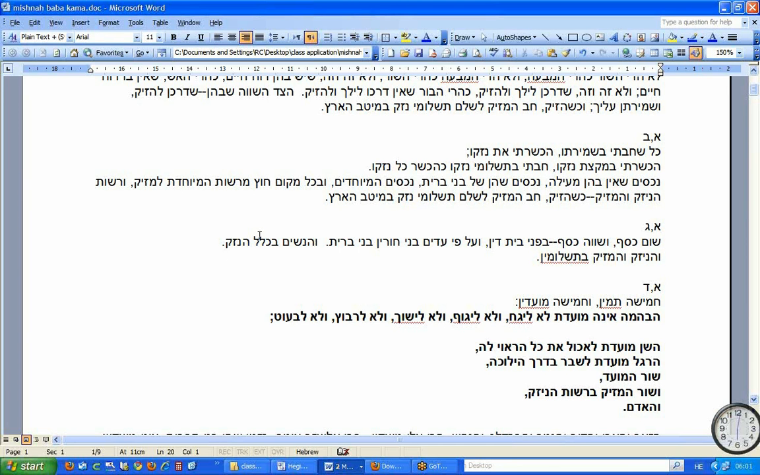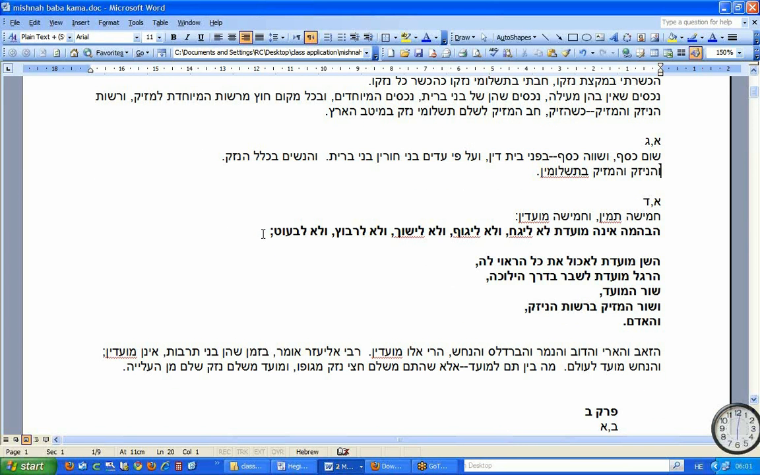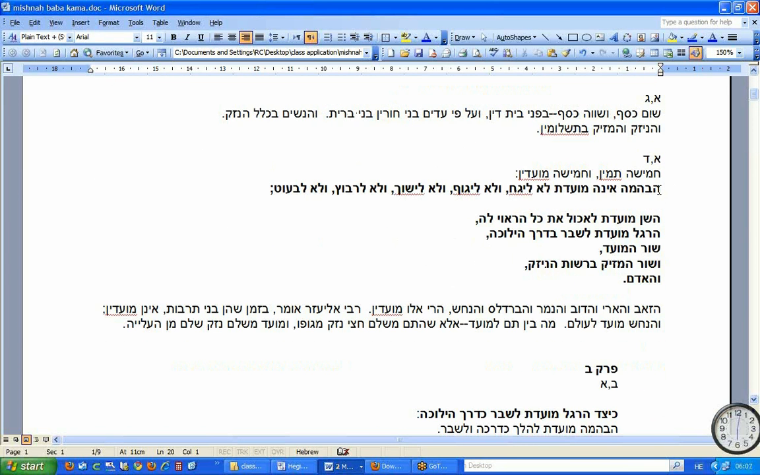Okay, the Seder. Now here it says Chameshin Tam v'Chameshin Muadim. There's 5 Tamim and there's 5 Muadim. So it says the behema is not muad to